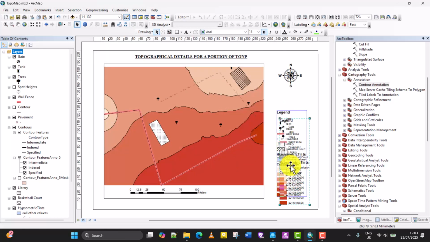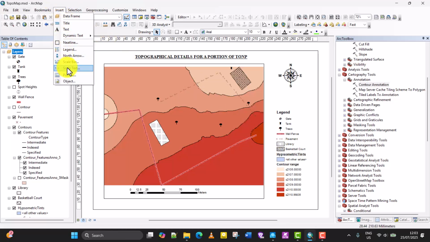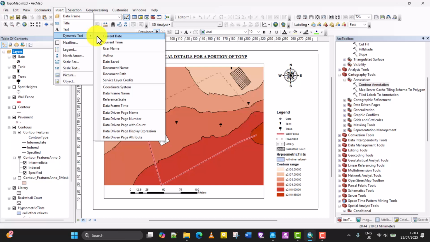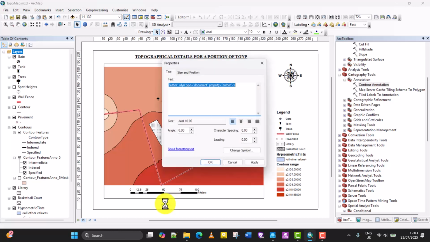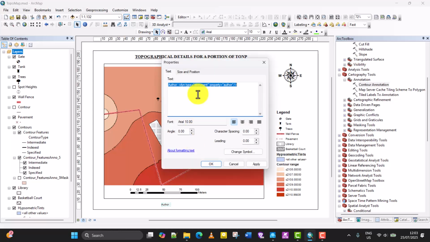Before you produce an end product that is really attractive and appealing to the eye, you need to commit a lot of time to this map design, especially the layout. So there goes the legend. We can do another item, very important, this one. I can add a dynamic text. In this case it is the name of the author. So you click on it, then you drag it somewhere on the map. I'll put it there, and then I type here